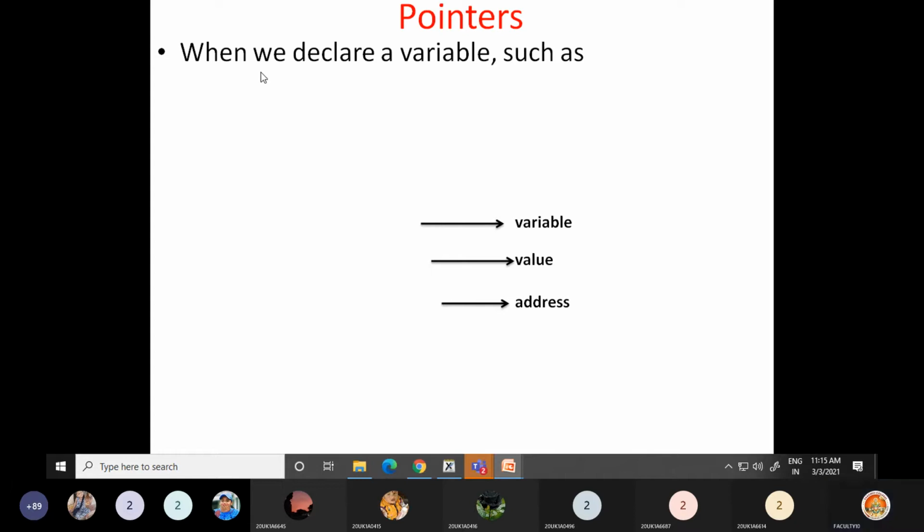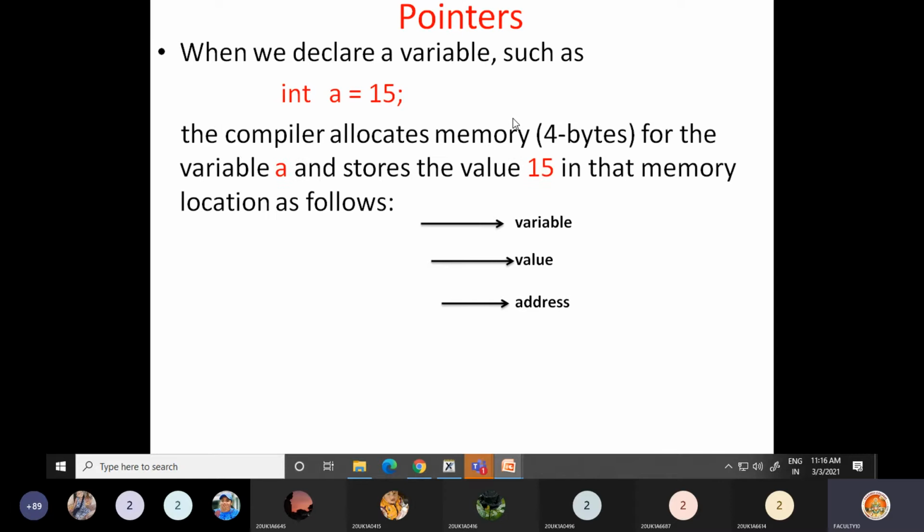So what is a pointer? Before we define the pointer, first we'll see what happens when we declare a variable. That means when we declare a variable, like say int a is equal to 15, this way when you declare a variable and assign an initial value 15 to it, what happens internally, that we should understand. So what happens? The compiler allocates 4 bytes of memory, assuming that integer occupies 4 bytes. So the compiler allocates 4 bytes memory for the variable a and stores the value 15 in that memory